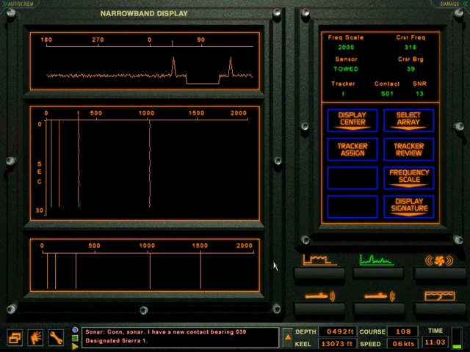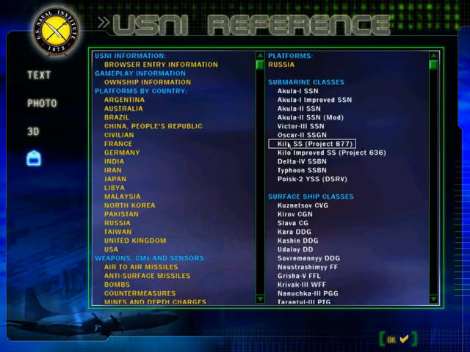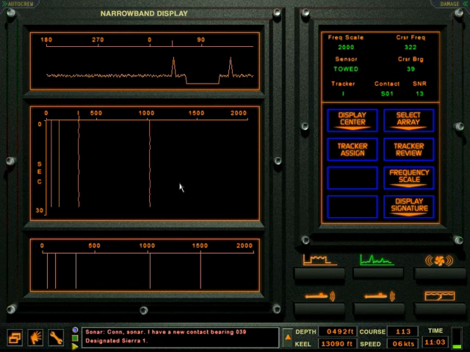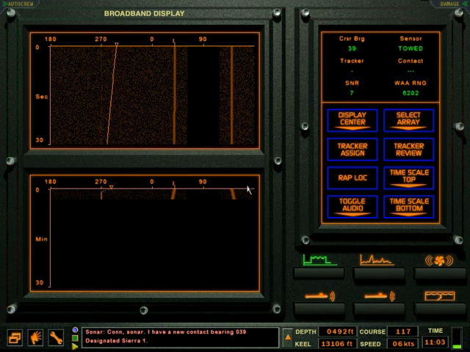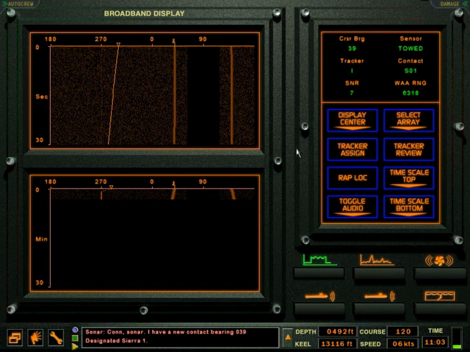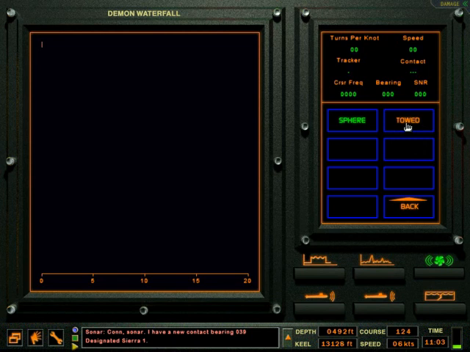Now that the contact has been classified, the USNI browser can be used to find information on the contact, including the contact's TPK value, turns per knot. The daemon display can now be used to estimate the contact's speed. This is an important clue to use while conducting TMA. The daemon display requires a broadband signal, so we'll go to the broadband display to mark the contact. Then go to the daemon display. With the cursor placed on the lowest frequency octave and using the TPK value from the USNI browser, a speed